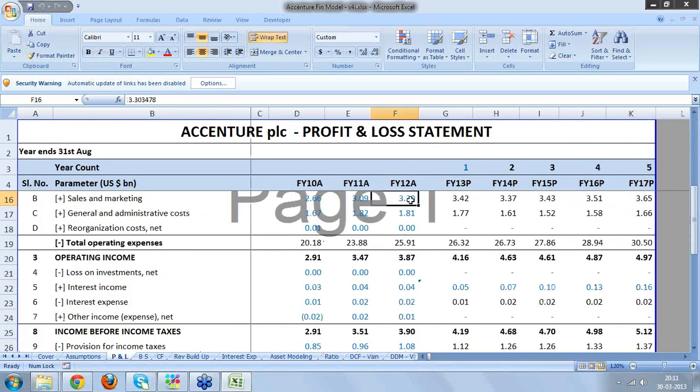So all the line items of subsidiaries are added to the line items of the parent, and